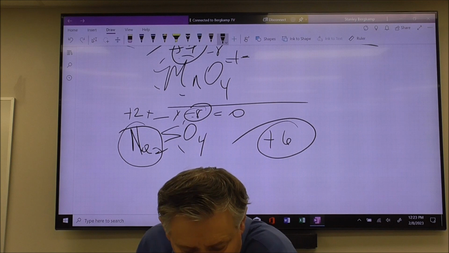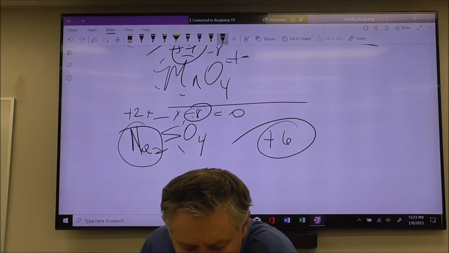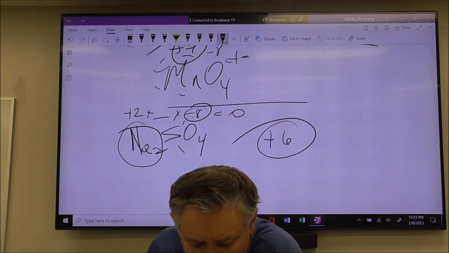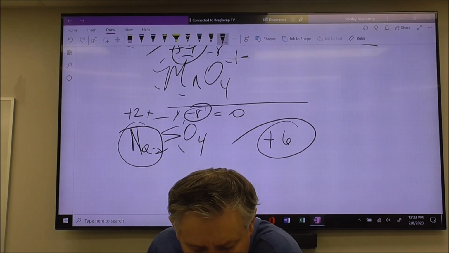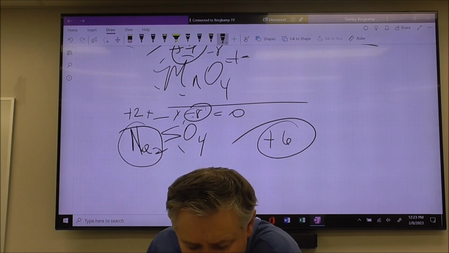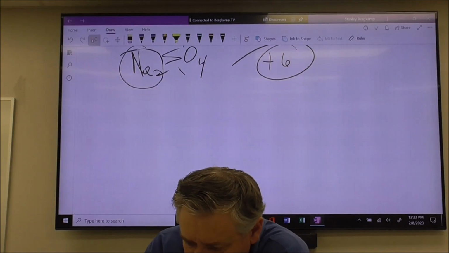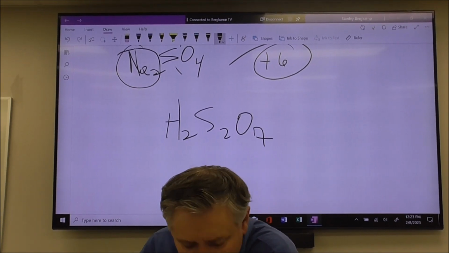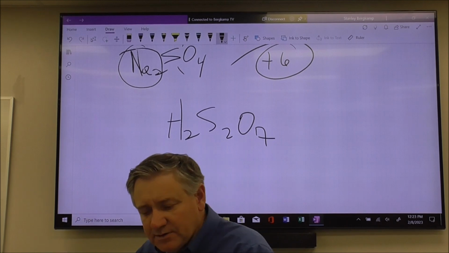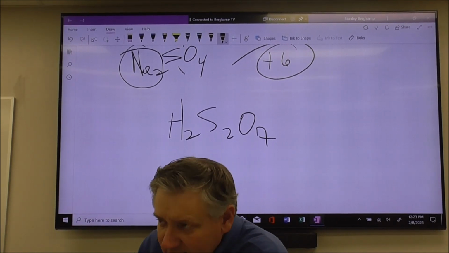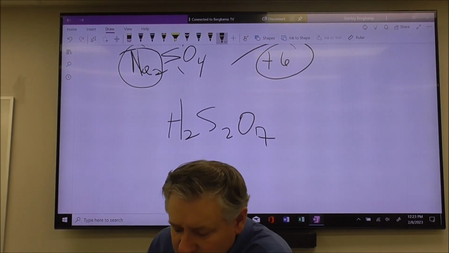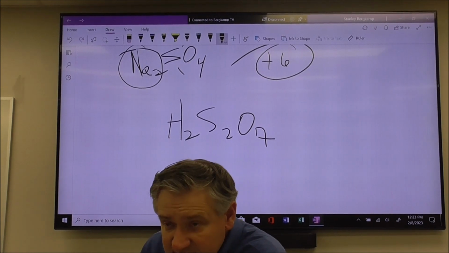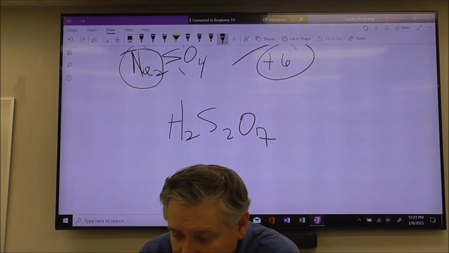Now, where it gets a little weird is, let's say, for example, you're going to look at part G, where you have the sulfur in H2S2O7. So this is this big complex molecule. What do you want everything to add up to? 0. So you have 7 oxygens each, so that's going to be a total of